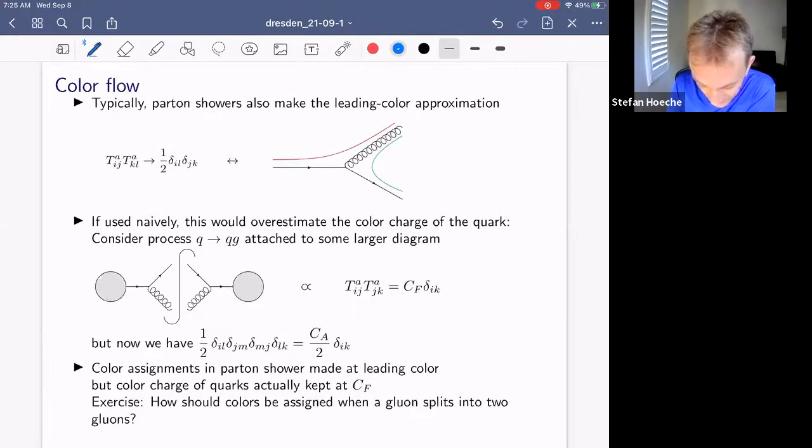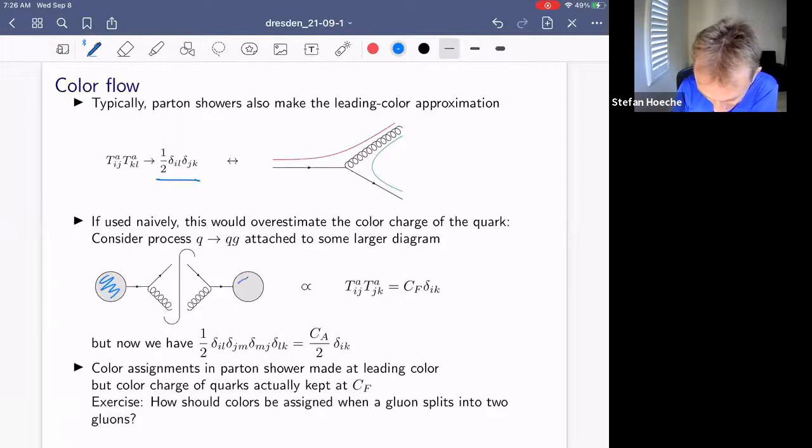Okay, so you may ask, if I make this leading color approximation in the parton shower, am I not making a big mistake? Because 1 over NC is 1/3, it's a rather big number. You would rather not make a 30% mistake. So let's look at this term in more detail. It was given by this 1/2 delta IL delta JK, pictorially by this diagram on the right-hand side. If we use this naively, we would, like I said, overestimate the color charge with which a quark radiates quite dramatically. So let's consider a somewhat bigger process, which is given by this blob here, and we square